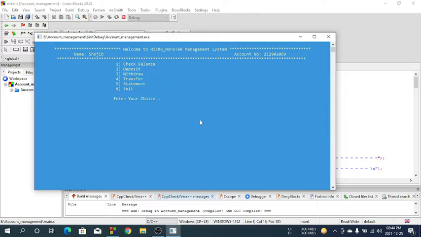If I want to transfer the balance, press 4. If I press 4, it tells me to enter the account number to which I want to transfer. So I give the account number randomly, and then the amount I want to transfer. I have to transfer an amount less than my account balance. My account's current balance was 1300. So if I want to transfer